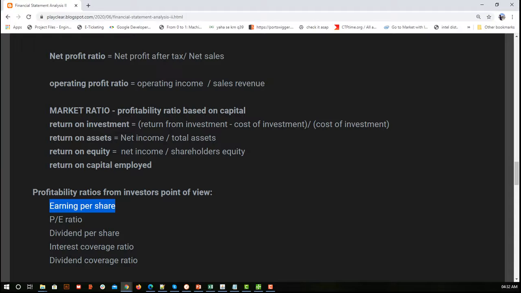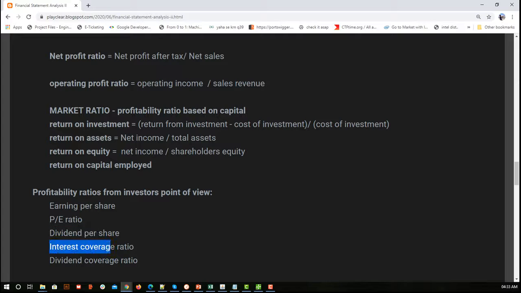Now how many shareholders do I have? 4. So I'll divide it among the shareholders equally. Again you can say I have 4 shares, another person has 2 shares. So instead of calculating how much we are giving to each person, we can calculate how much will be given to each share. Suppose there are 4 shares and profit is 8, so 2 rupees will be given to each share. Now if I have 2 shares, I'll get 4 rupees. That's how we calculate earnings per share.